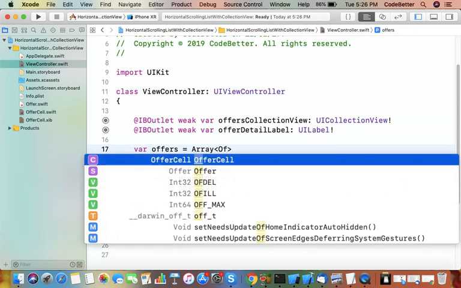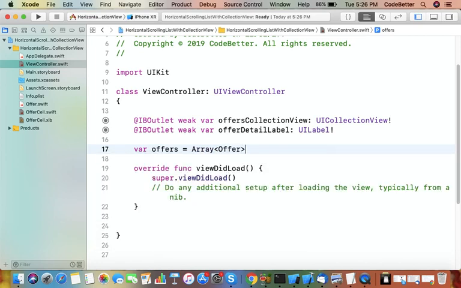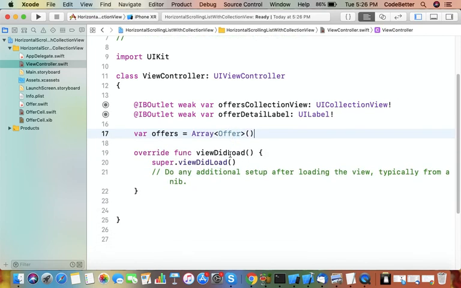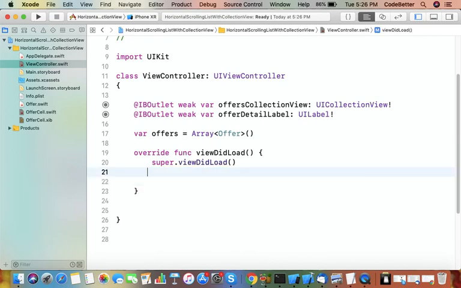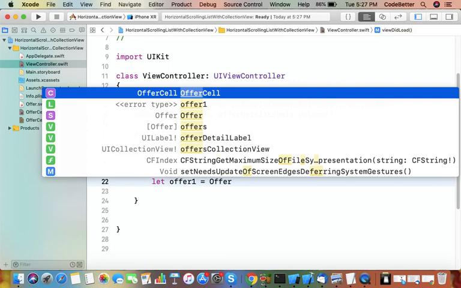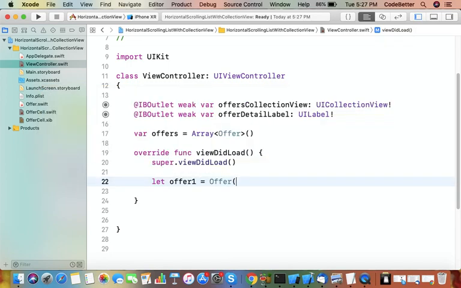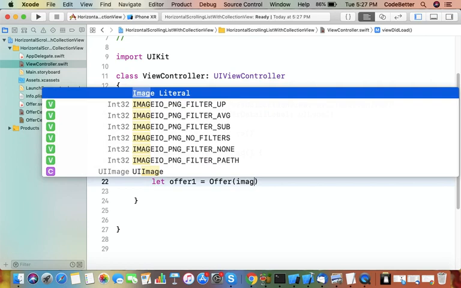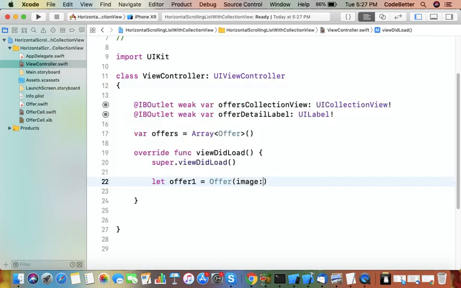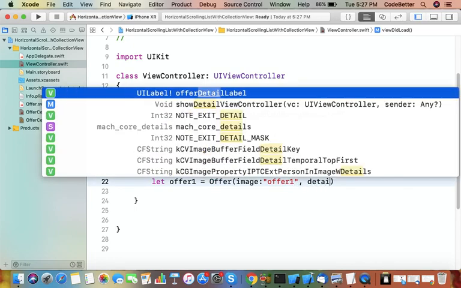So we have offer structure and we fill the data here in the view did load. So let offer 1 equal to offer, and we initialize it with image offer 1 details.